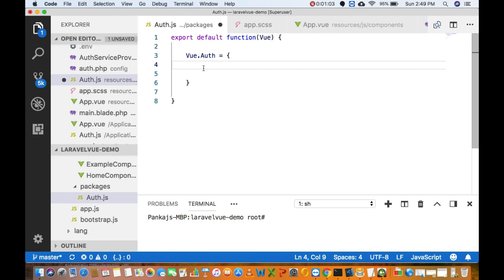And here in this area I am going to define these four functions, that is getToken,